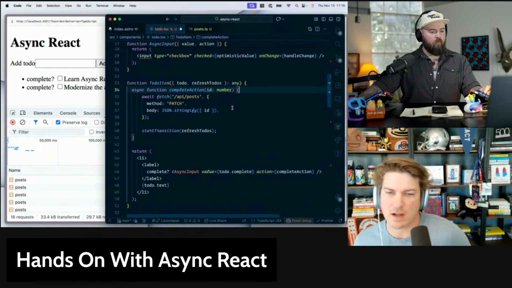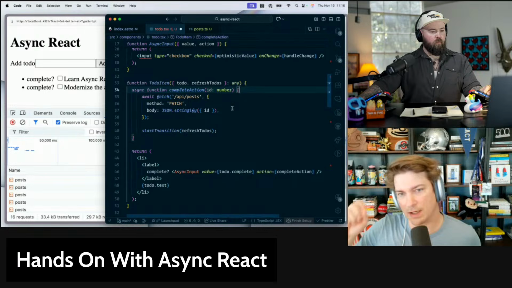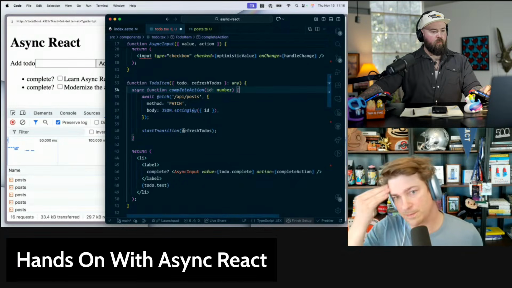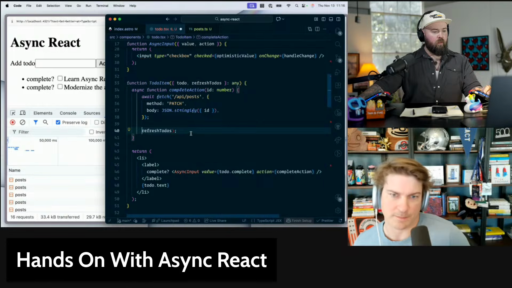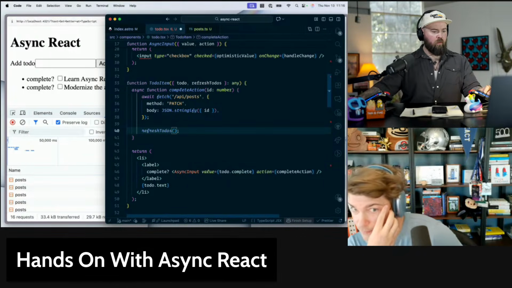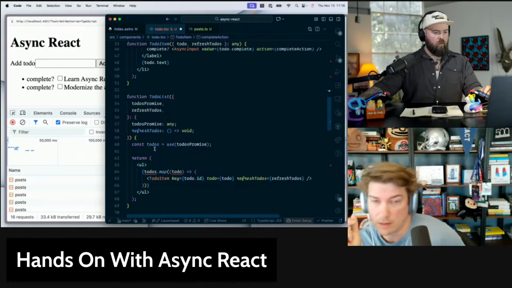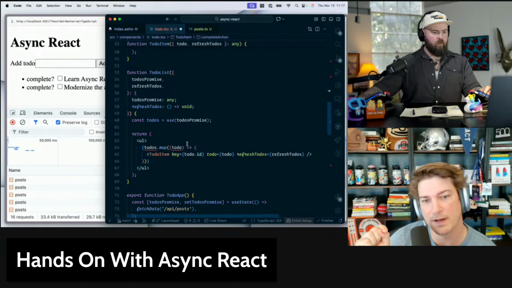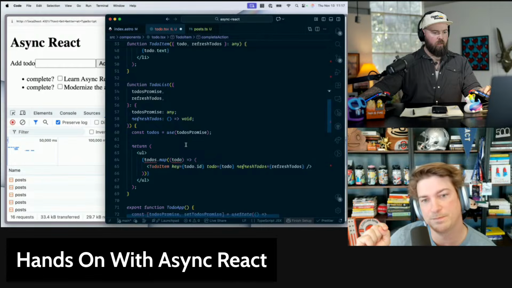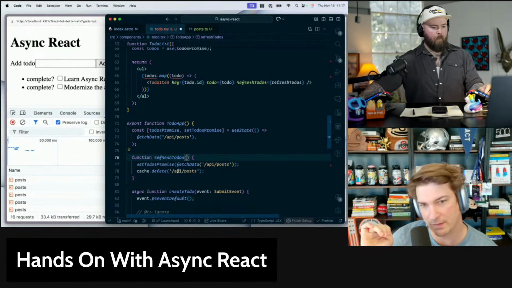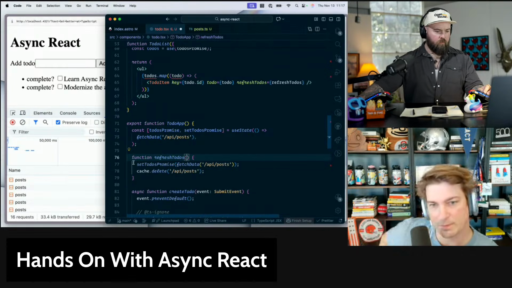And let's do one last thing. Remove that start transition from refresh to-dos. And down in your refresh to-dos function, line 76, let's wrap that set state update in a start transition.